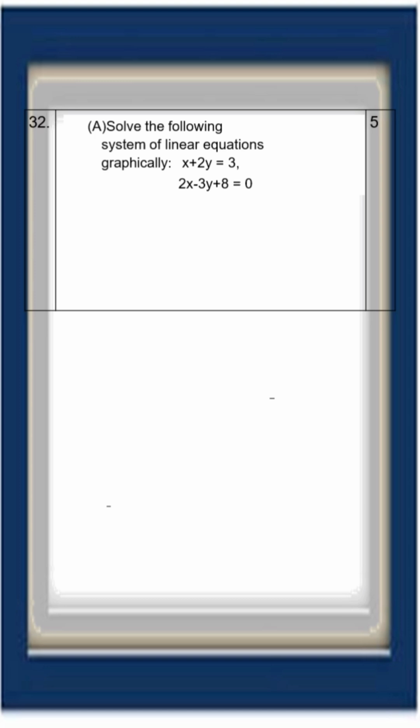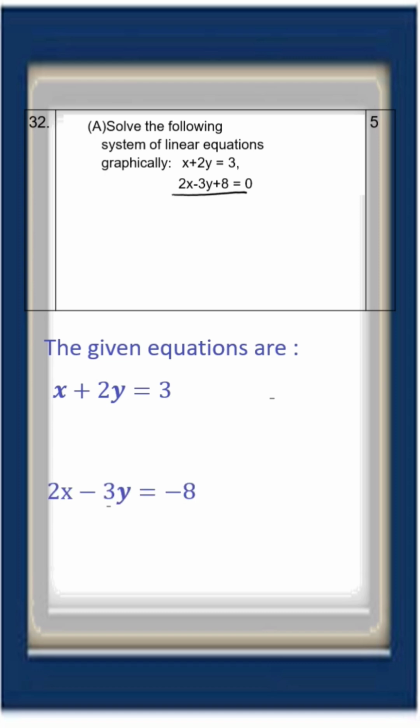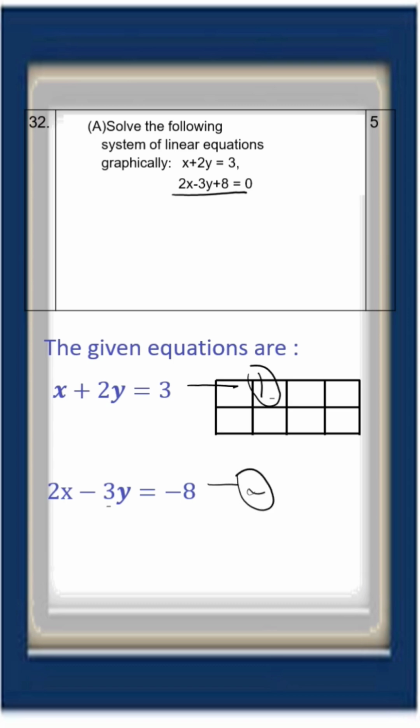Now we have the equations. x plus 2y is equal to 3. Let us rearrange this one: 2x minus 3y is equal to minus 8. Let this be equation number 1 and this be equation number 2. Let us form the table of values for equation number 1